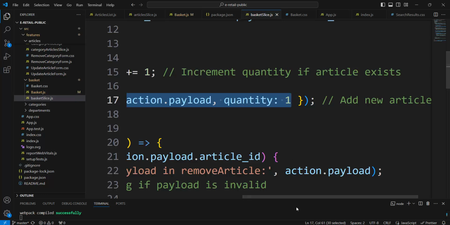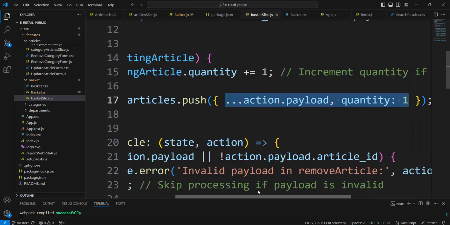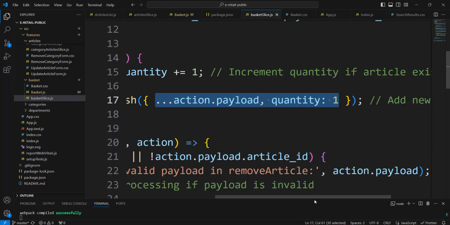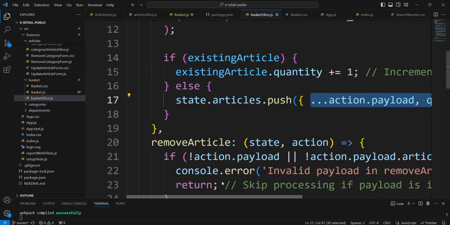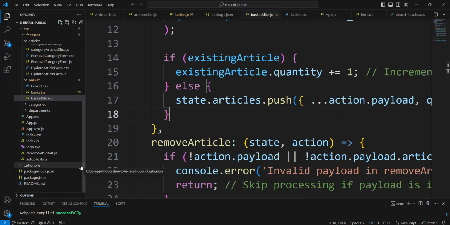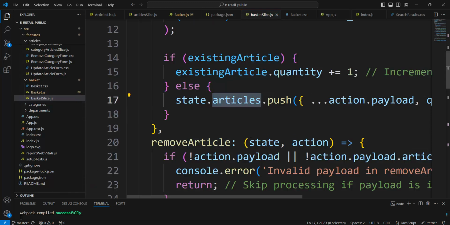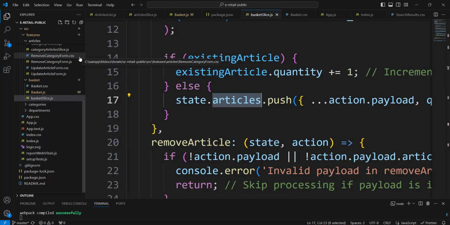It means it is new article with quantity. But why here we have a copy action payload? Because we have two mutation here. Articles is mutate and must be immutable way. It means create copy because